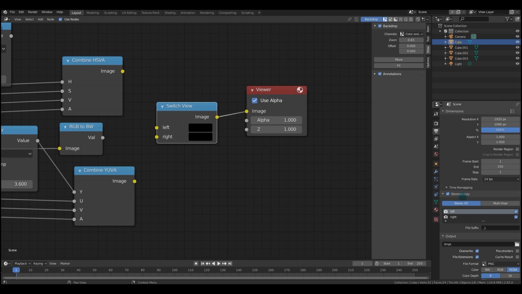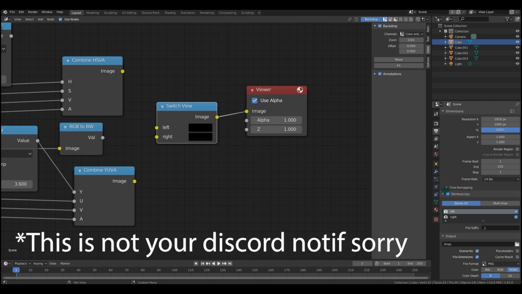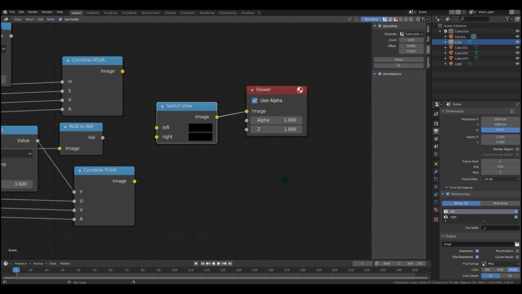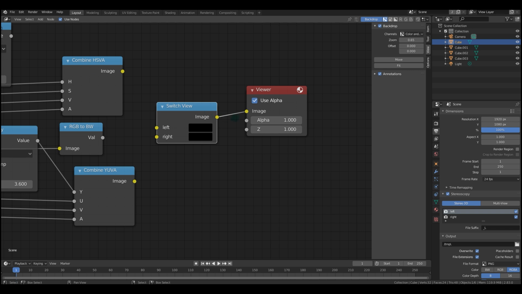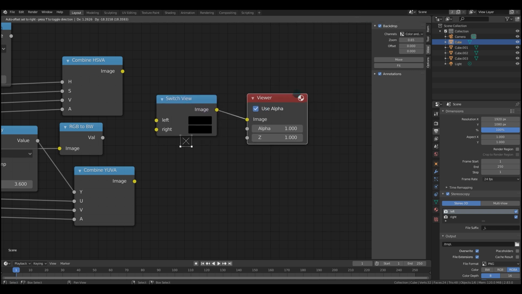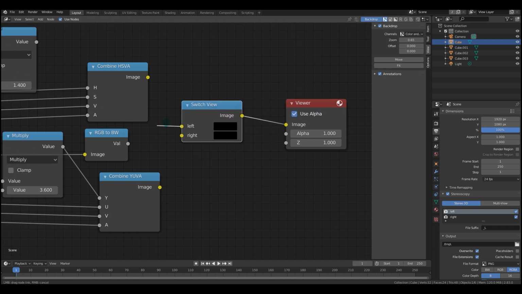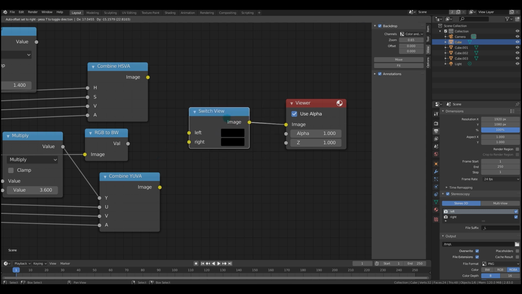Now, there are dedicated tutorials on this topic that I recommend you check out because I'll have a little bit more time to talk about this. Essentially, whenever you're in a cinema and you see that blue and red effect, that's what this is for. It uses a left and right view to produce this effect. And the switch view node combines a left and a right view to give you a single stereo 3D output. So you could make edits to individual views on here and then combine them in the switch view.